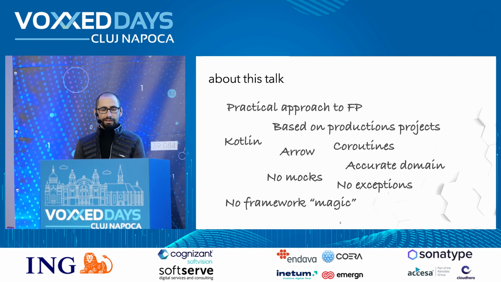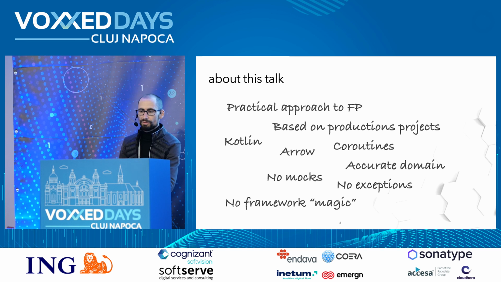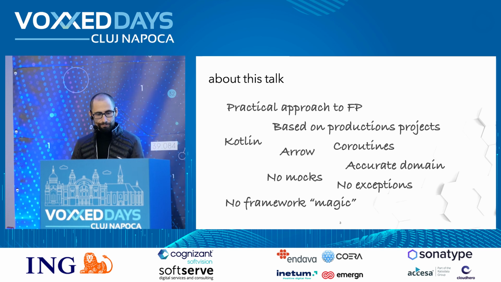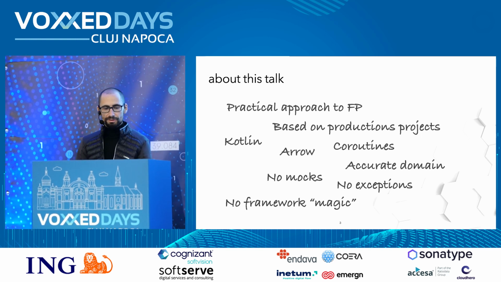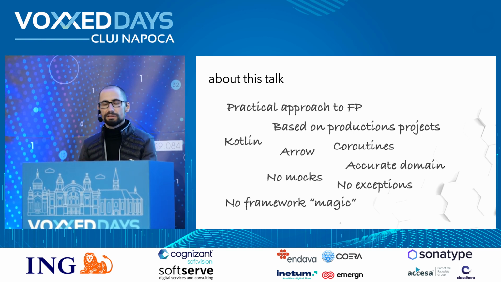What we're going to see is how creating our domain as accurately as possible is going to help us. We're also going to see that we don't really need to use mocks. And we're going to stay away from exceptions as much as possible,